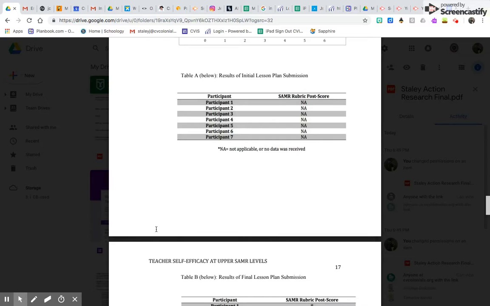As you can see from my initial lesson plan submission, there are no scores because there were no lessons submitted with any technology integration at all that I could score. So there's NA across the board.